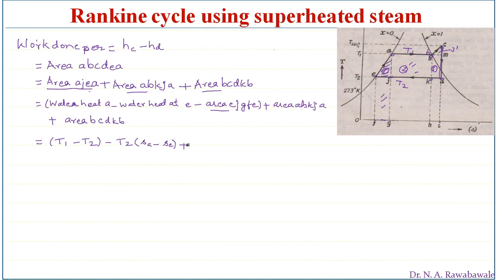So this area is given by this, plus this area we can find out. So area ABJA. The width of this rectangle is AB and the height of this rectangle is T1 minus T2. So T1 minus T2 first we write, T1 minus T2 into entropy at B, SB, minus entropy at A, SA, plus